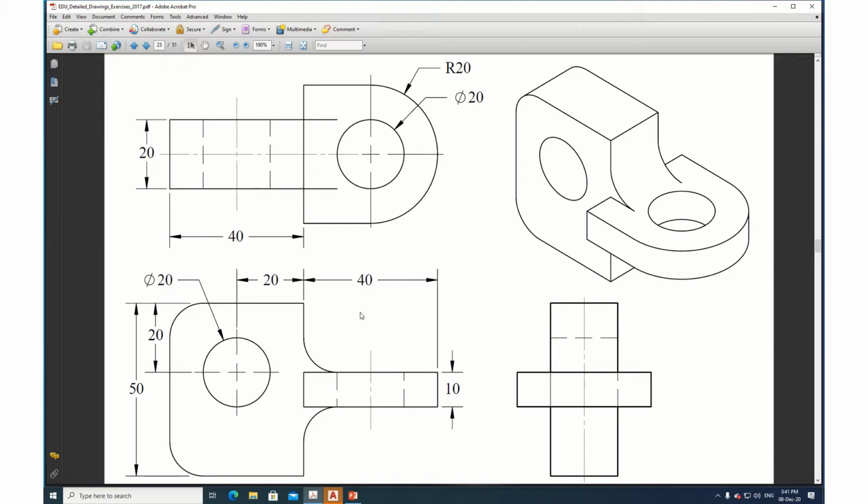You can start in any way you want. There are many different methods of doing it. Okay. So what I will do is I will draw the front view and then I will try to make press pull and try to do the remaining things. Okay, so let me go to AutoCAD.